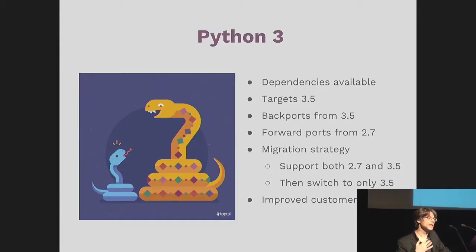We had to sacrifice a few of them. We had to get rid of, for example, PyPDF version 1 that was not available, and also LDAP, which was a binary module that didn't work. So there were a few modules that we had to either replace with another one or convert. But mostly, the libraries we use were available, and we decided to target 3.5, because in 3.5, they supported to use